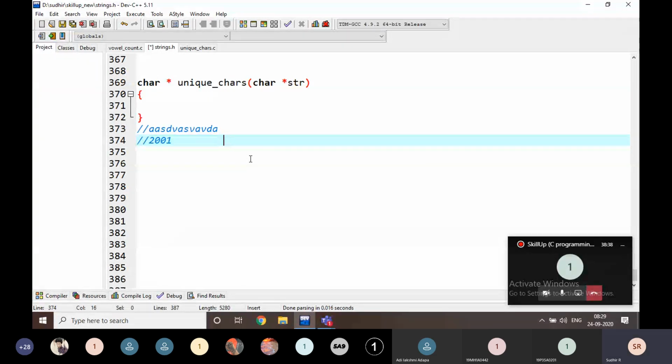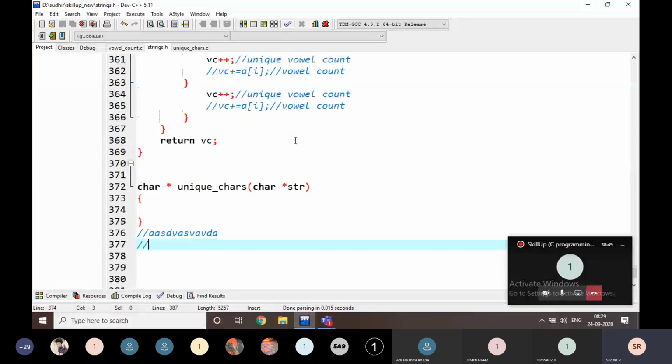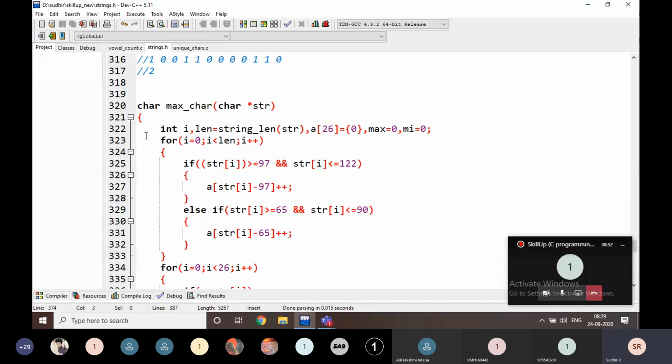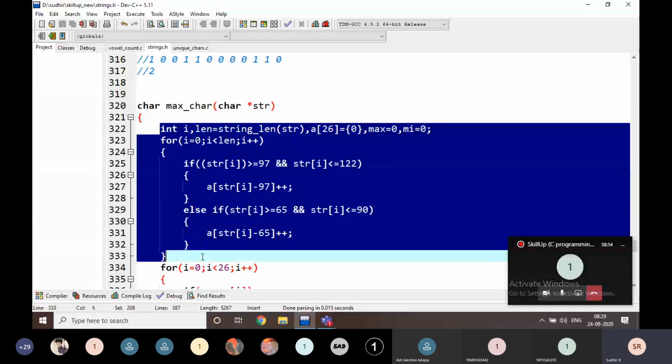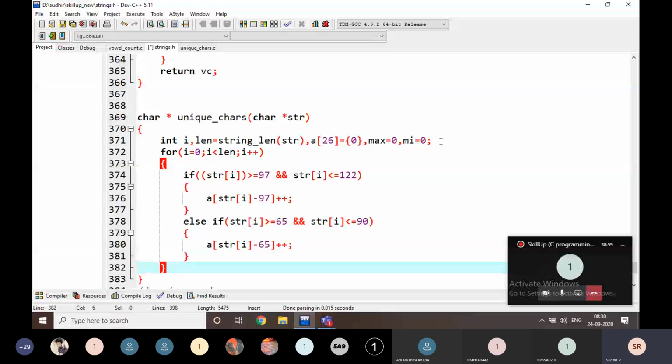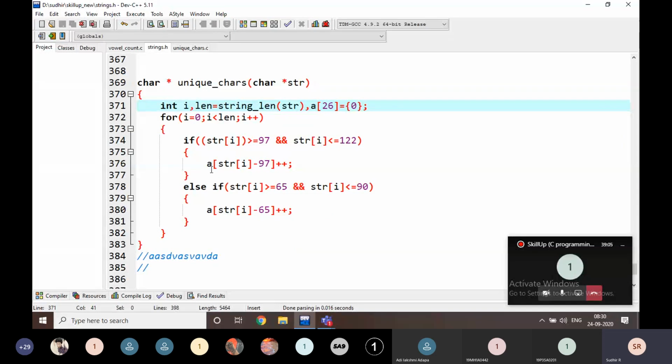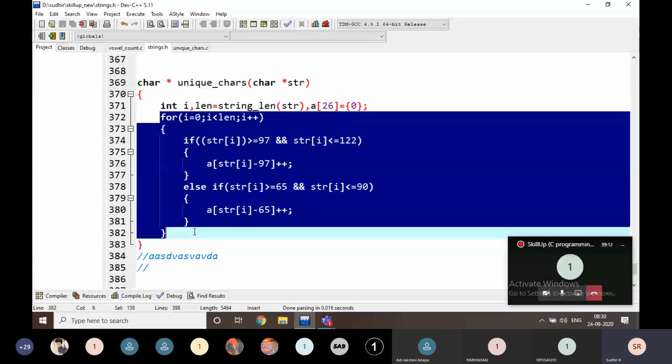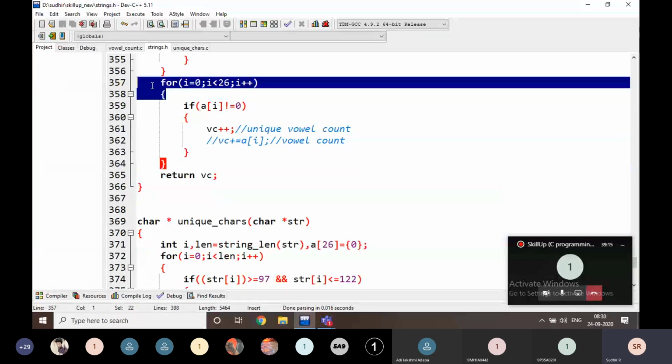First of all, my target is to find the character count in the alphabet. We know how to find that, everyone knows that one, and I'm going to copy this code and simply adjust it for this one. That's it, nothing else. I'm going to find the length of the string, and the array will be 0 here. I'm going to find all the characters and print this one.